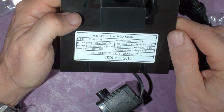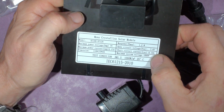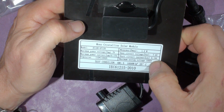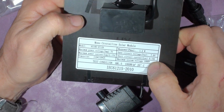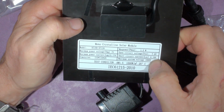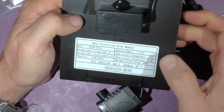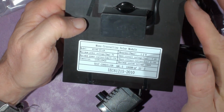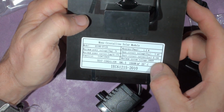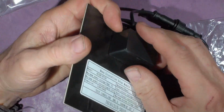It's a battery power pump, isn't it? Not quite sure what they're driving out there. I think they've just copied this label off a solar panel that goes on the roof of a house, because then there is a maximum system voltage, because some of the panel systems chuck out 600 volts. So if they're all in series, one of the panels could actually be quite high potential between the electrical part of the panel and ground, so it could break down. So that's why that's there. But on this, it's just an anomalous thing they've put on. Yeah, so there you go. Again, potted